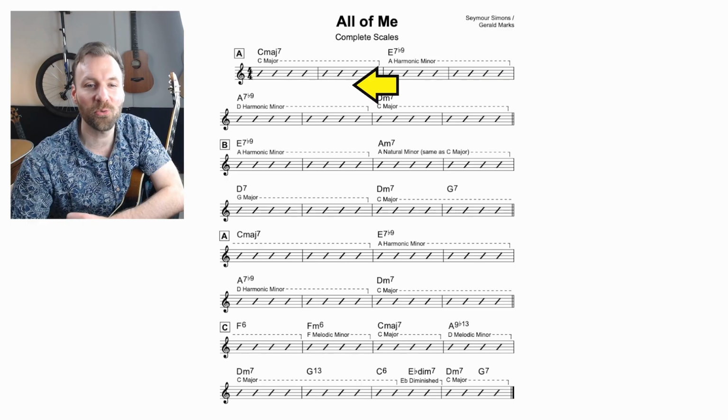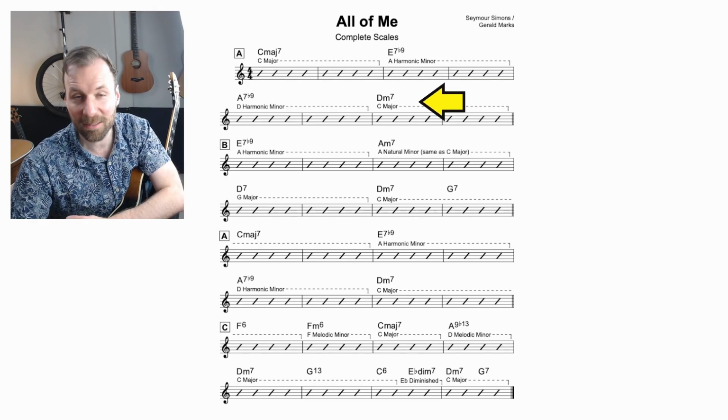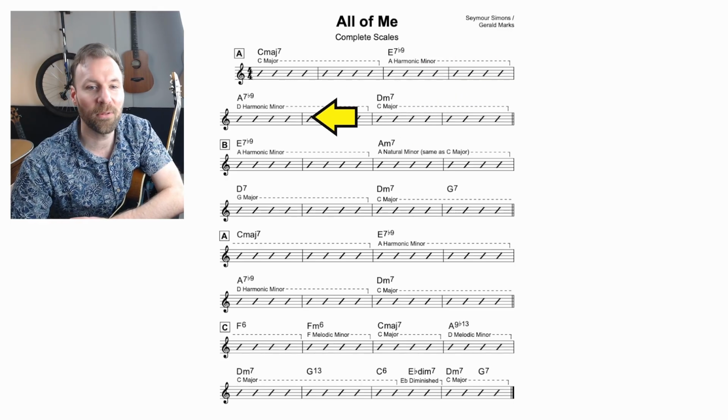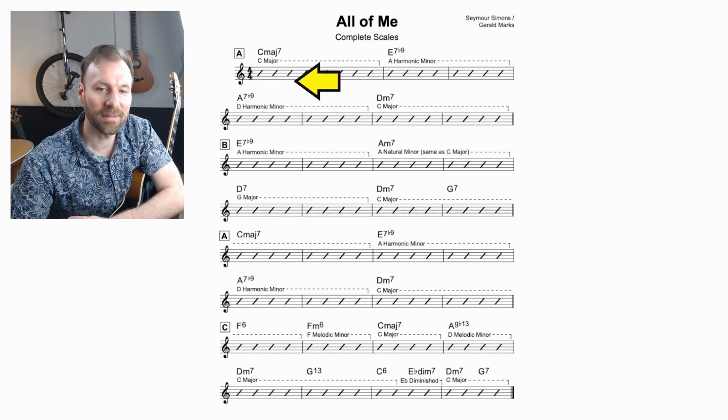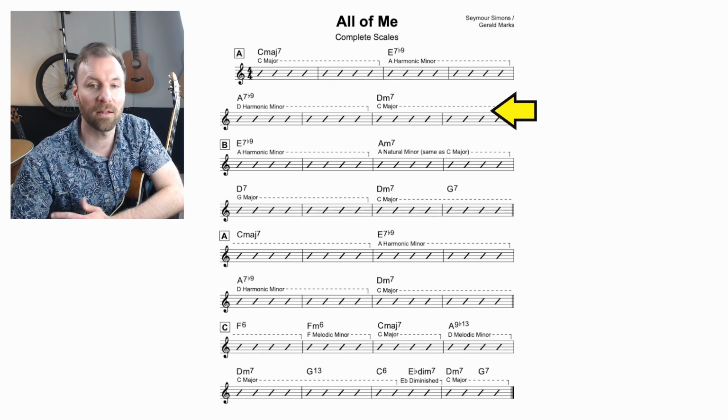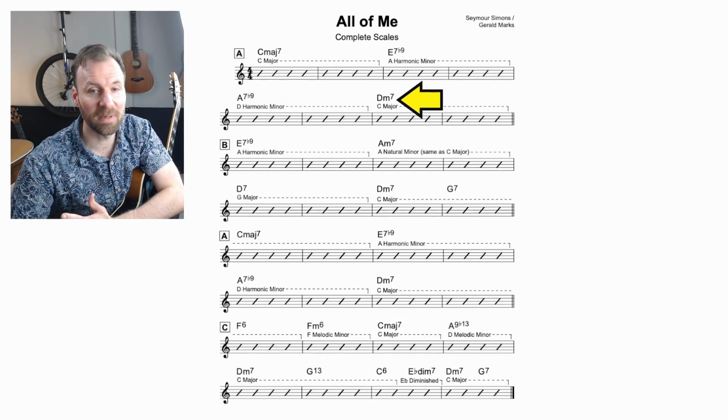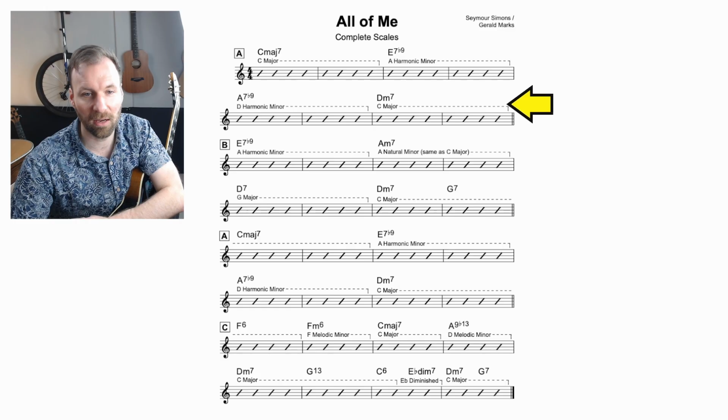So we're doing a string of these because now this is the 5 of D minor, and this is leading to that. So now this is D harmonic minor. So C major, A harmonic minor, D harmonic minor, and then we land on the 2 chord of C major. So just C major scale is what you can play here. You know, if people are thinking modally ever, then they can think of D as the root there, and that would be D Dorian. C major, same thing.